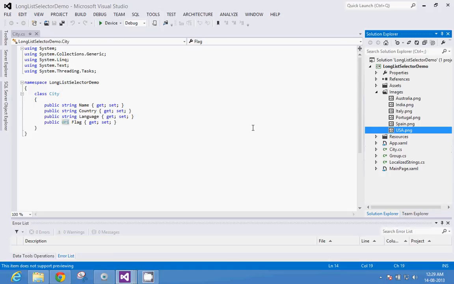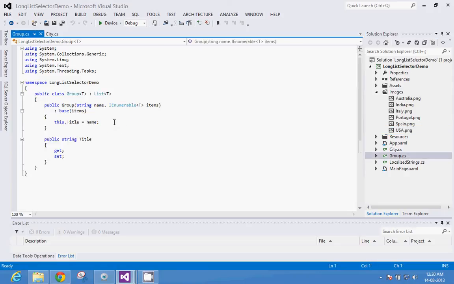Now what we do next is we have group.cs. So I've made a class which is group of type T. So again a generic class, right? And it inherits from generic list, right? Then here it has a constructor. If you see, it has a property basically. So I'll get the property first.